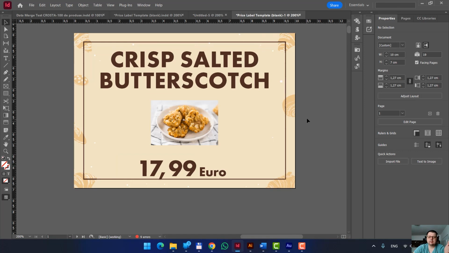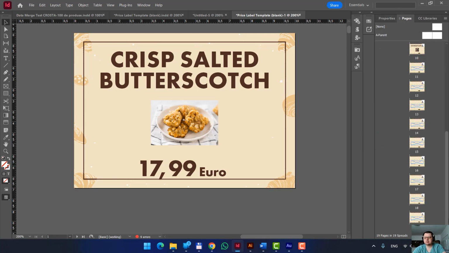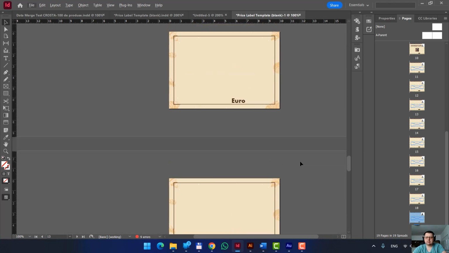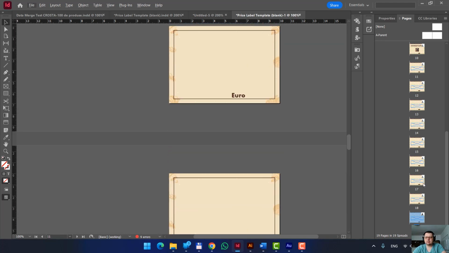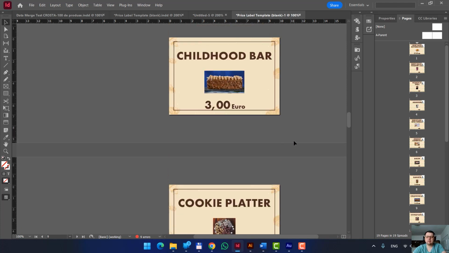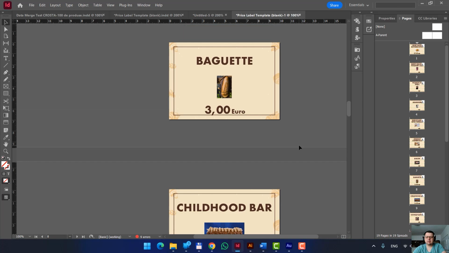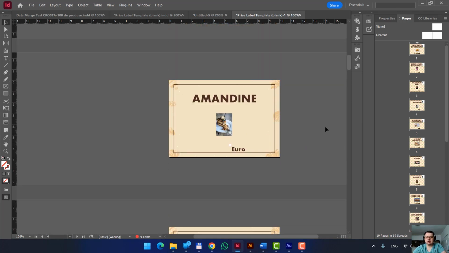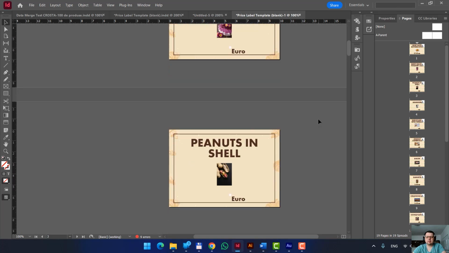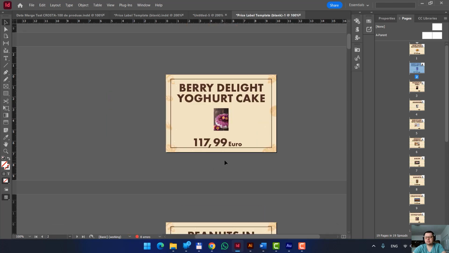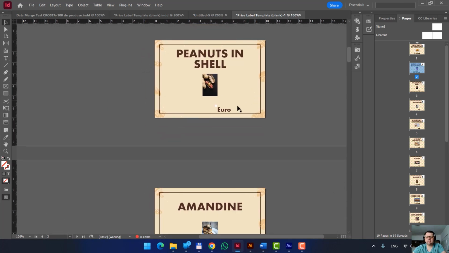Now you see that I have this document with 19 pages. Yes, I don't know why there are 19 pages, because I had only 10 products. I think there were some blank fields. That's why InDesign created some more pages. But mainly these are my price labels. And of course, I have to do this manually, or I can do this manually, or if